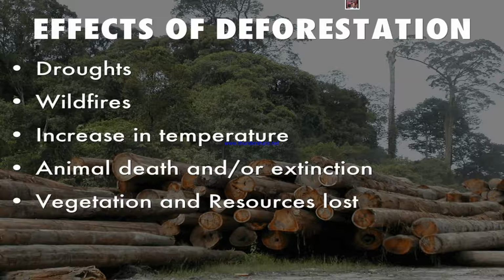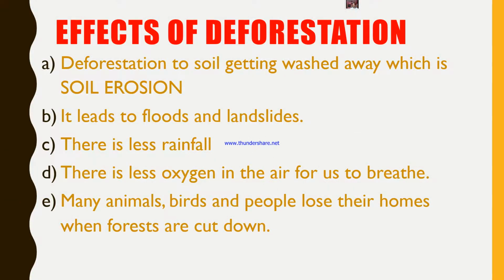Right. Let's move on. Again, effects of deforestation. This is there in the textbook. So I've just mentioned deforestation leads to soil getting washed away. Okay, I have missed that word. Deforestation leads to soil getting washed away, which is soil erosion. I've added some pictures out there in the next part. Just watch those pictures, and you will see it leads to floods and landslides.